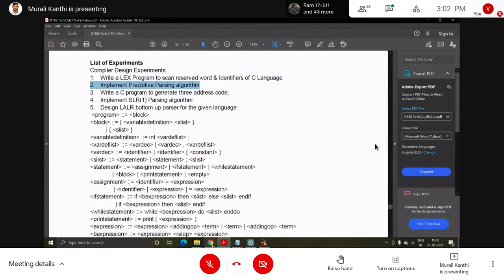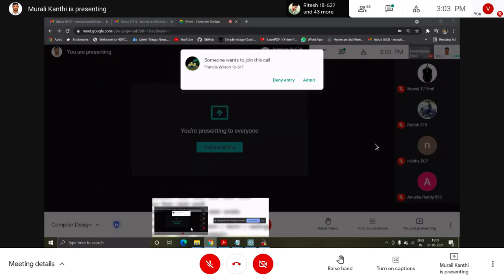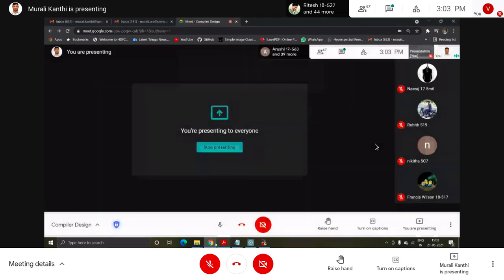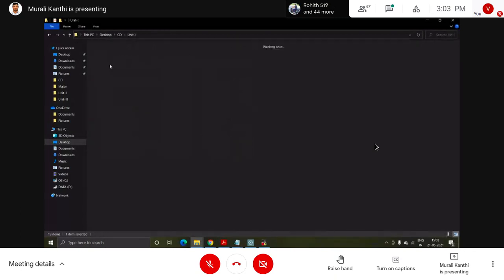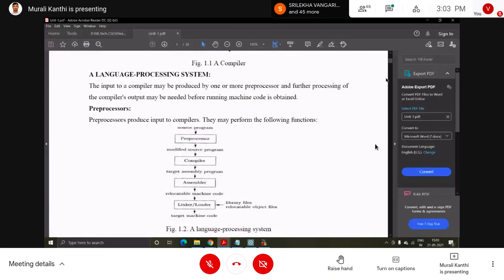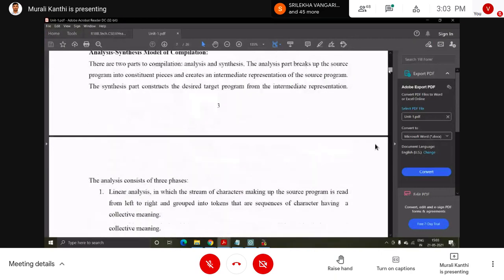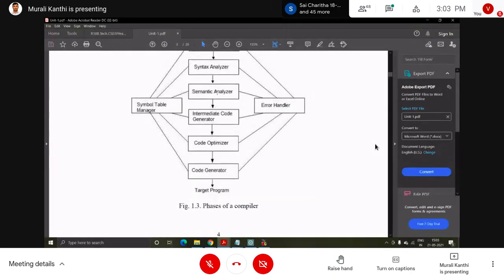In the starting phases of the compiler, I have taken one example. So after semantic analysis comes the intermediate code generator.